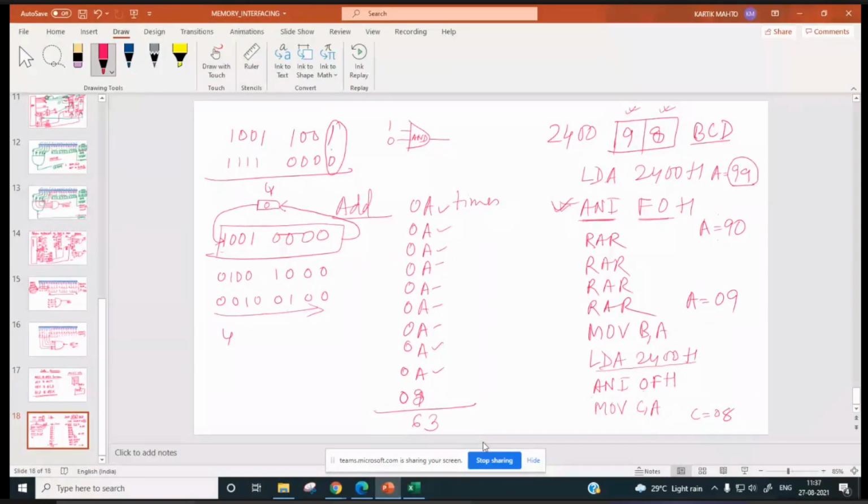So what do we have to do? We have to add B times 0A. B is 09, so we add B times 0A, and in the final result we have to add C. So 9 into 0A plus 08 will be 63.